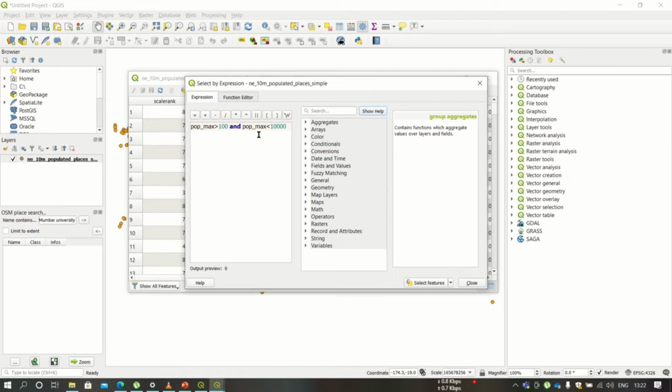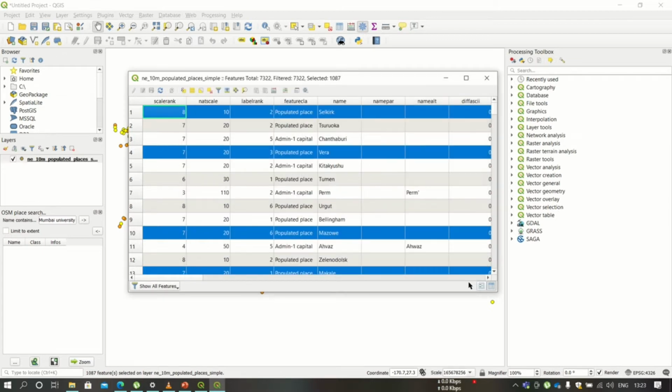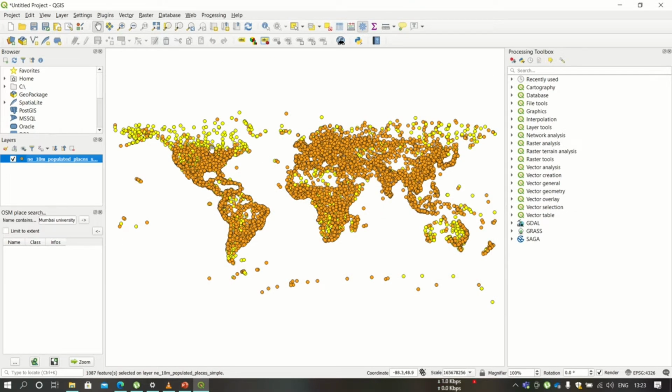in attribute table also. So you can see the changes after clicking this select feature button. So you can see that only those rows have got highlighted where the population is in between 100 and 10,000. You can see this in attribute table as well as in the layer.